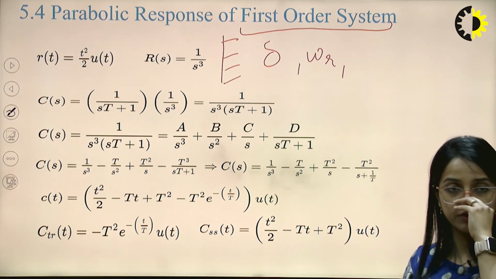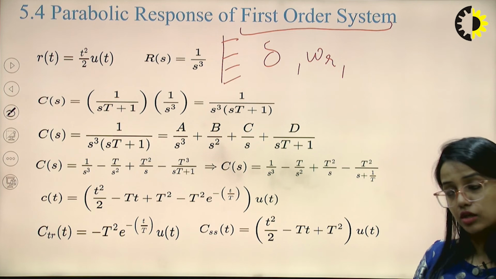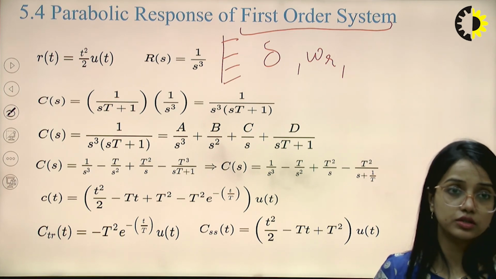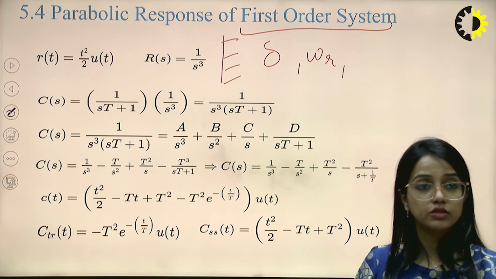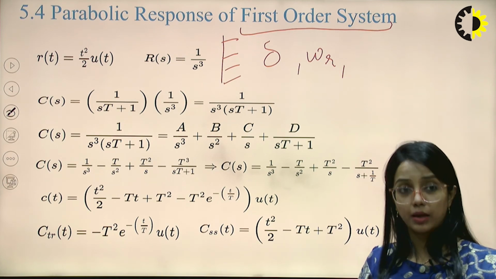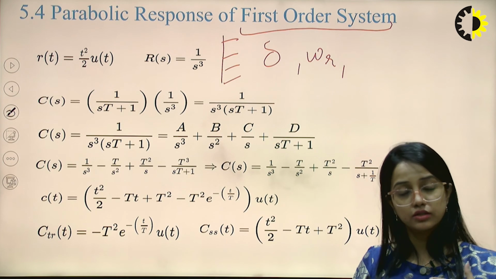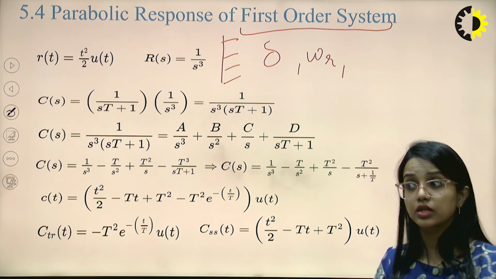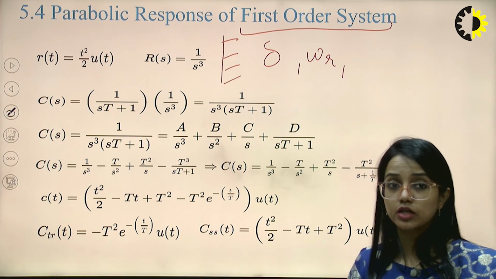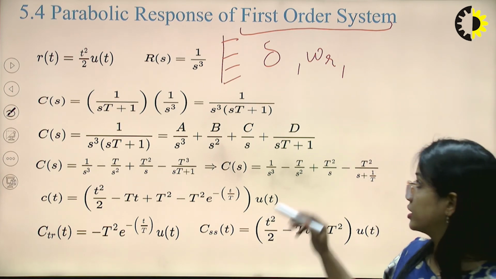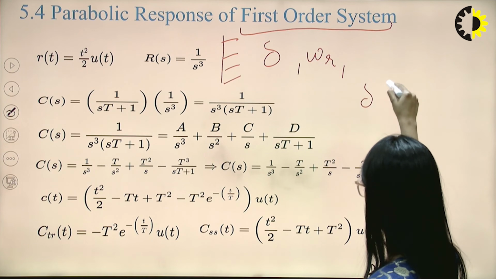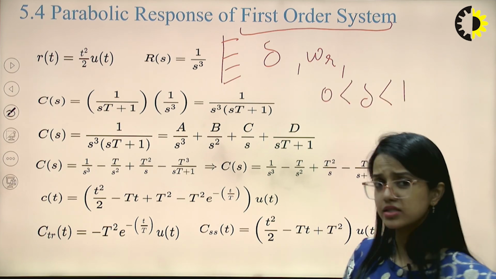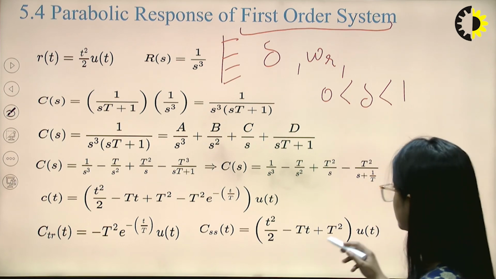Now, when we talk about the second order transfer function, second order system, we will also consider the impact of damping on this. We will also consider the impact of resonant frequency on this. We will also consider the output as a result of different values of damping, like damping would range from 0 to 1. Now, what is damping actually? Let's talk about an output